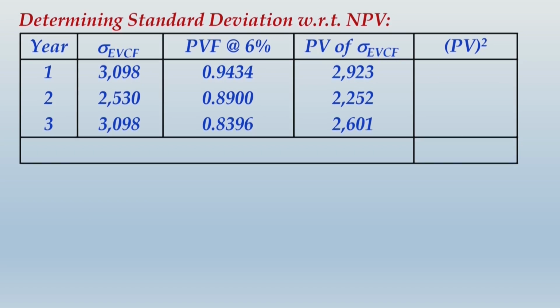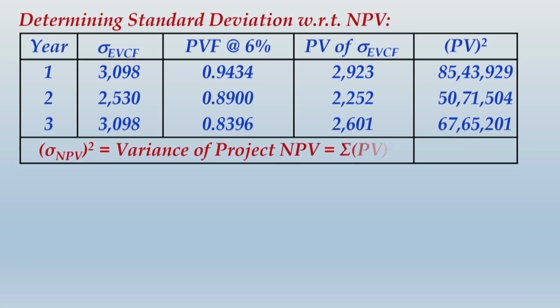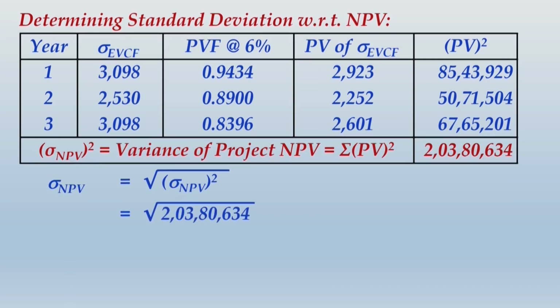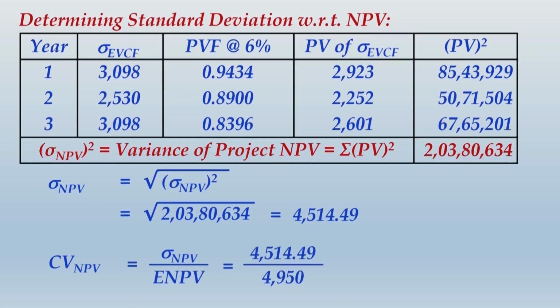Then we take the squared value of the present values. So when you apply the square of the present values, in the PV squared column, you can take the total, and that will give you the variance of the project NPV, and the standard deviation of NPV will be nothing but the square root of the variance, which comes to 4514.49. And finally, to compute the CV with respect to NPV, it will be standard deviation of NPV divided by expected NPV, that is 4514.49 divided by 4950, which gives you